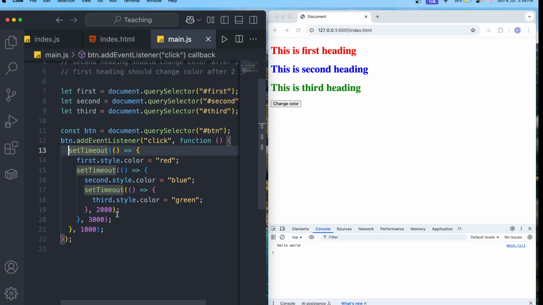So we have to go towards a different approach, and it is called promises, and we will look at promises and how they will work in the